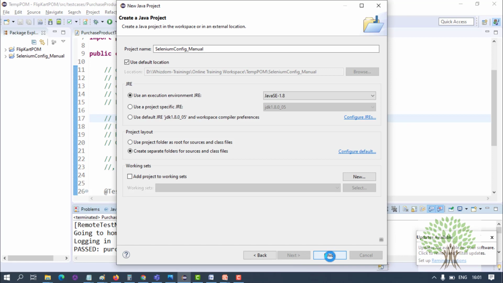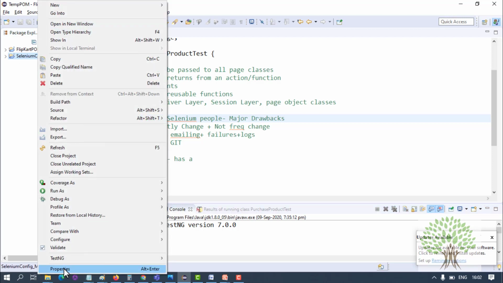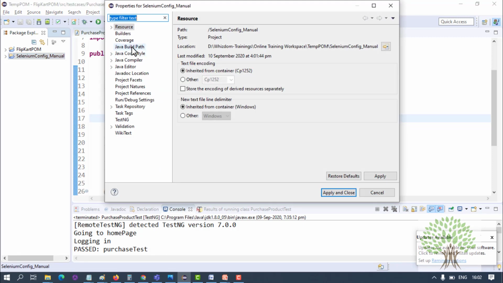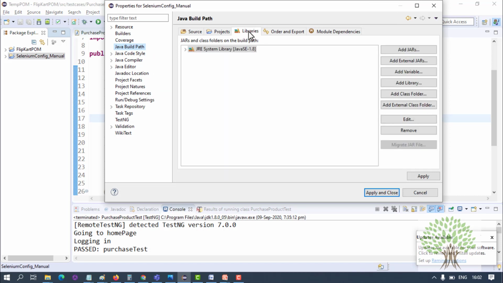When you make a new project, you just have to right click on the project and go to the properties of the project. After right clicking, you will see a lot of options. You have to go inside the properties option in the end and go to Java build path and import. Click on the libraries tab, you will see add external jars.